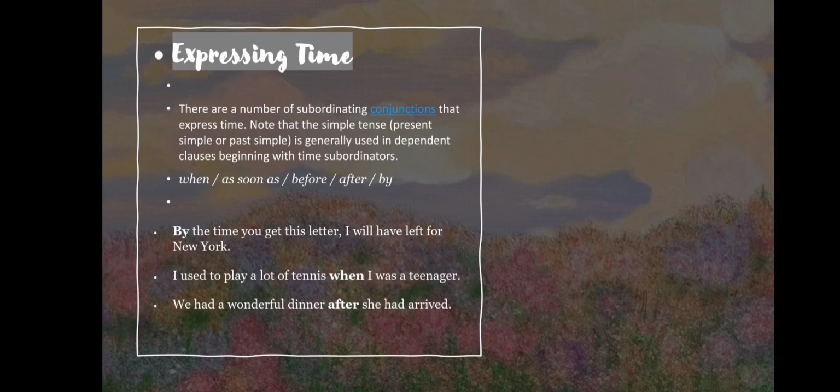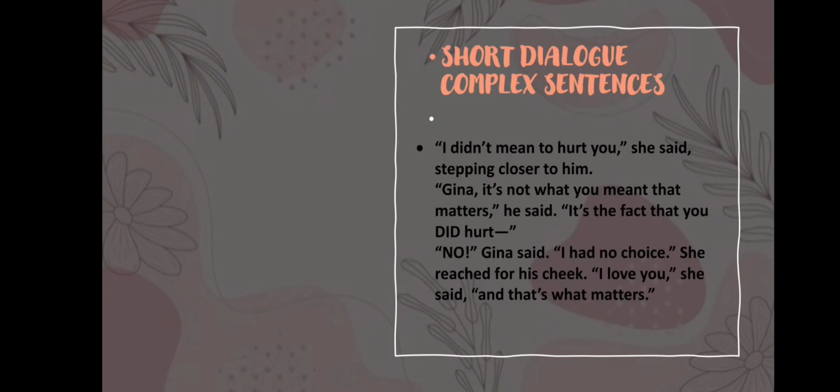For example, by the time you get this letter, I will have left for New York. And also, I used to play a lot of tennis when I was a teenager. We had a wonderful dinner after she had arrived. And well, the last use, which is